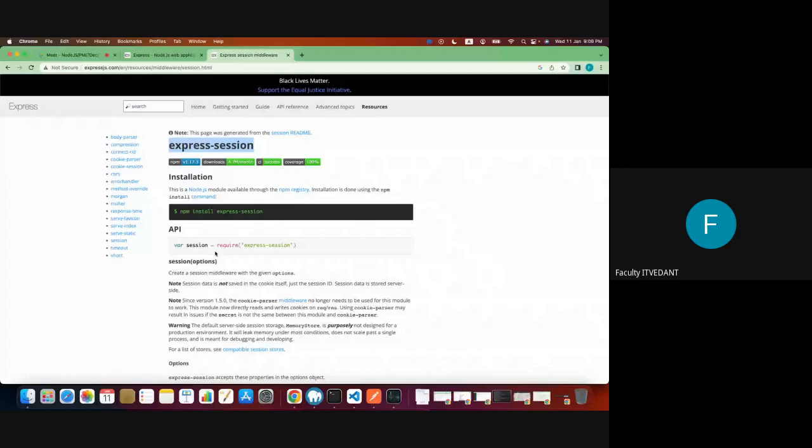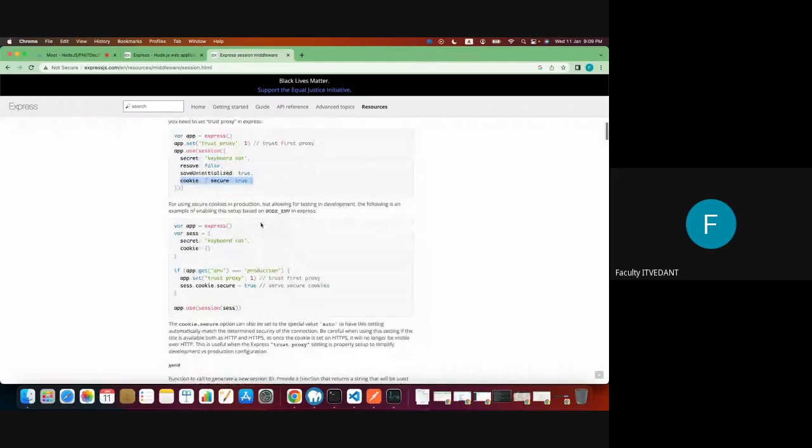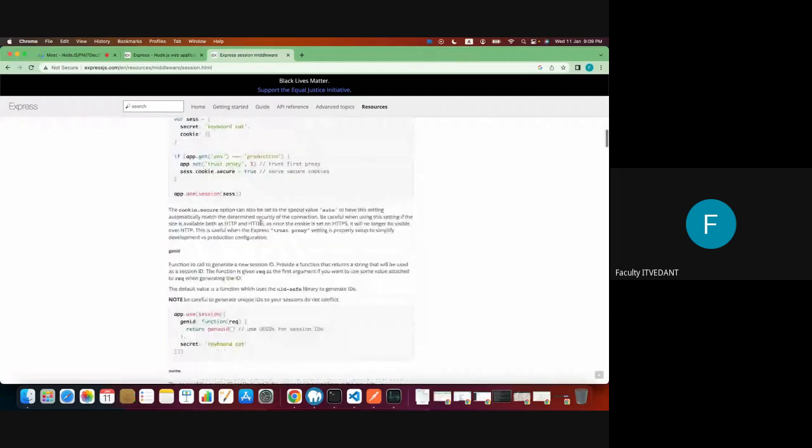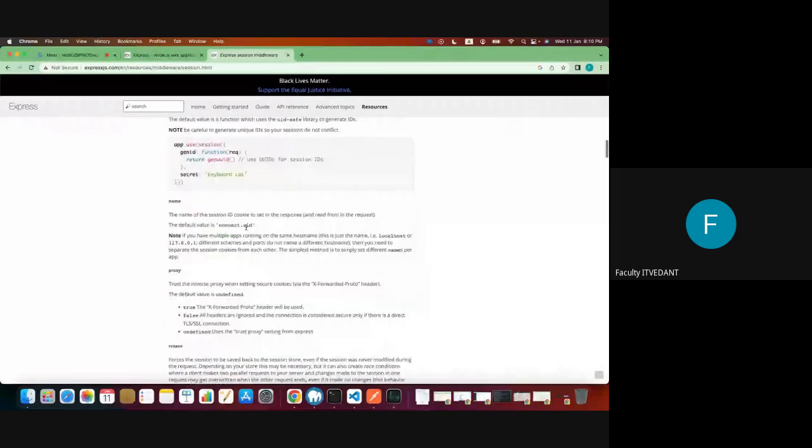Now, you can also store the session in a file, or else you can generate a session and then store that session. The code is similar to your token-based approach. You can just call a session function and keep a secret key. It will generate a token, like an ID for you. And here also you can set a secure cookie for security purposes. You can also generate a UUID using the session token. This generates an ID,